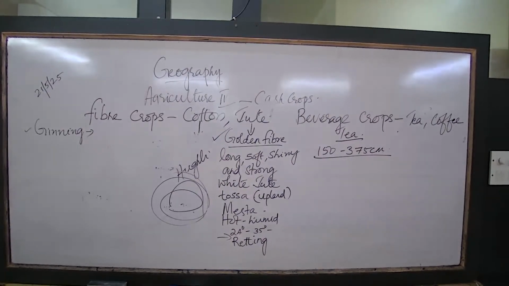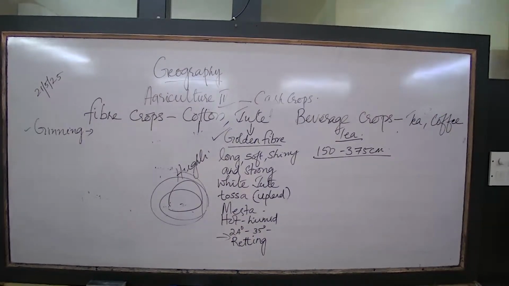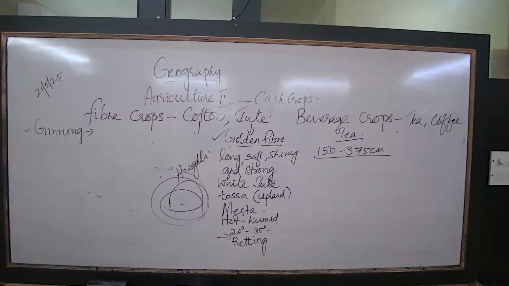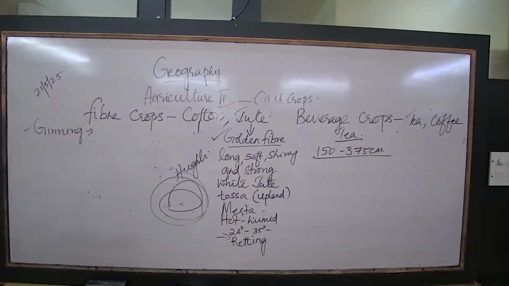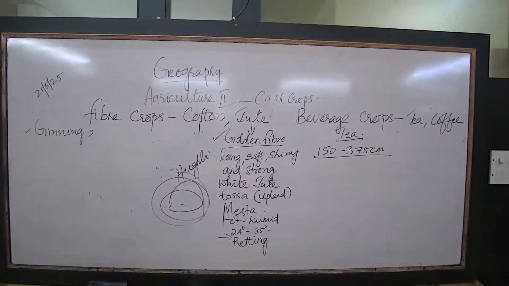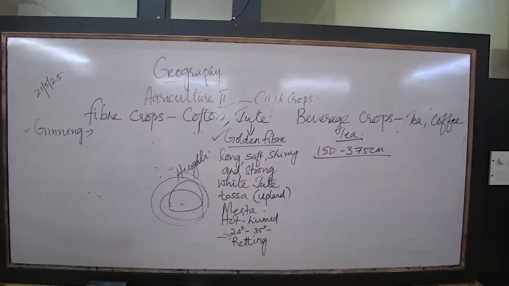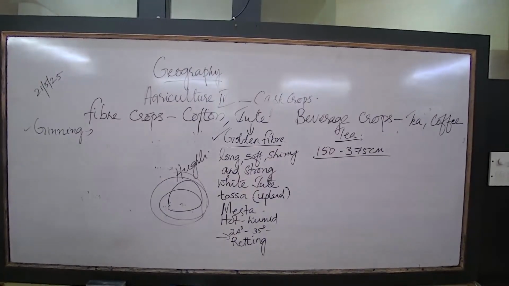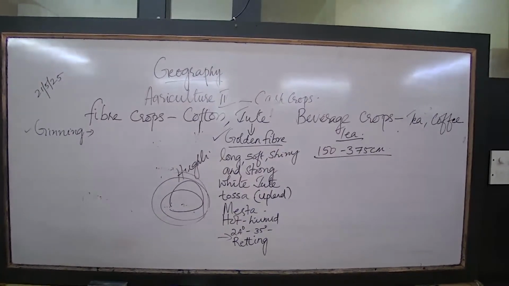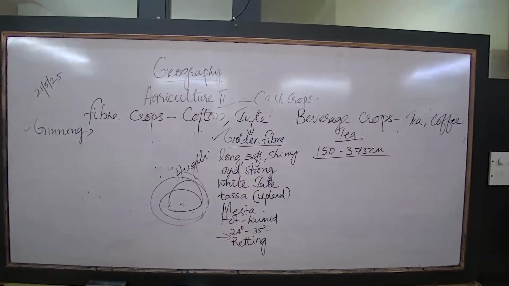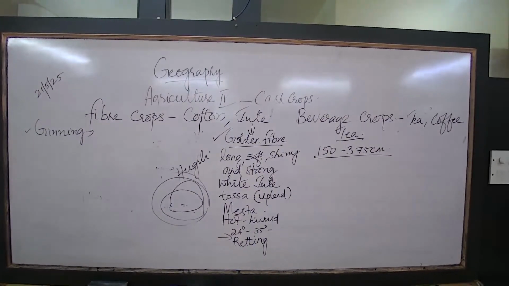The first one, processing of black tea: withering. The gathered leaves are first withered or dried in the sun for a day or two to extract moisture. So first one, withering, spreading the leaves to get sunlight for 1 or 2 days. So that is the first process, known as the withering process. It is spread and dried in the sunlight.